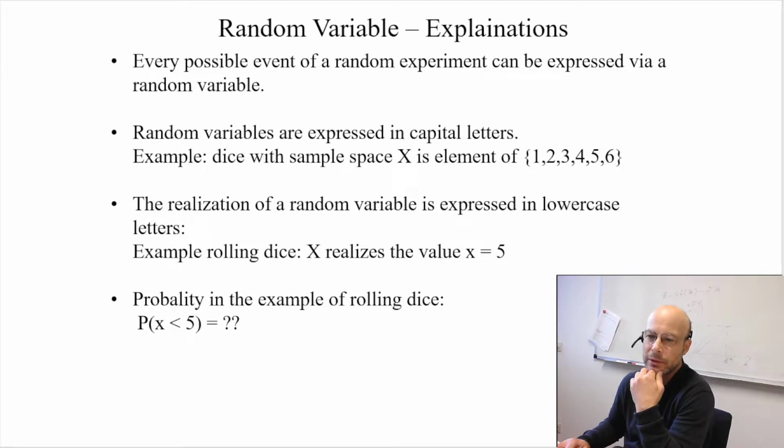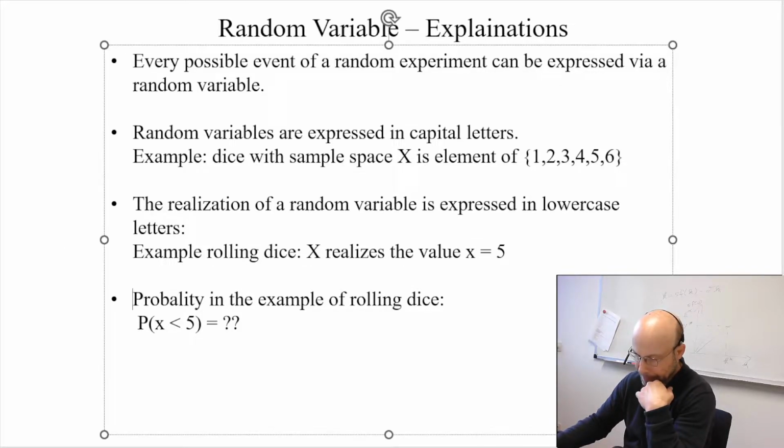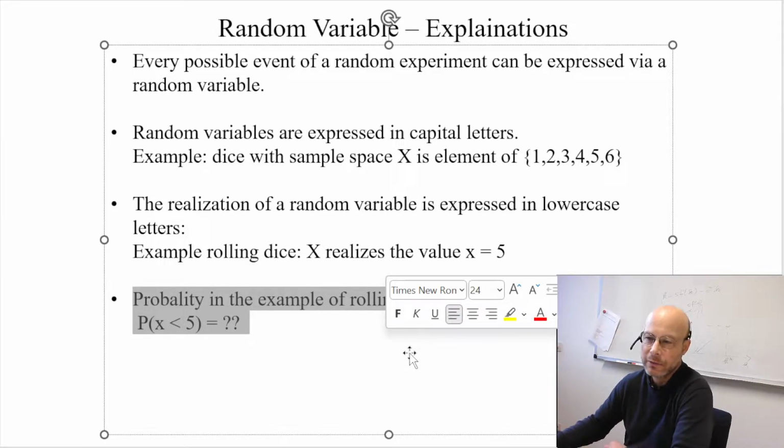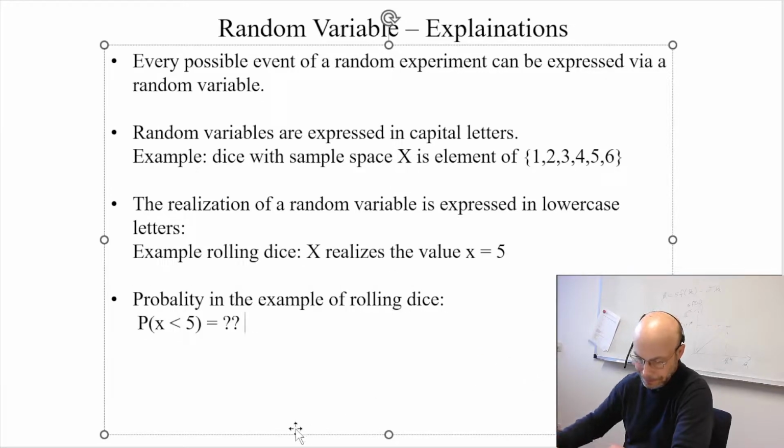So, for example, rolling the dice and calculating, for example, the probability that the dice shows a number smaller than 5. Of course, this would be 2/3. And